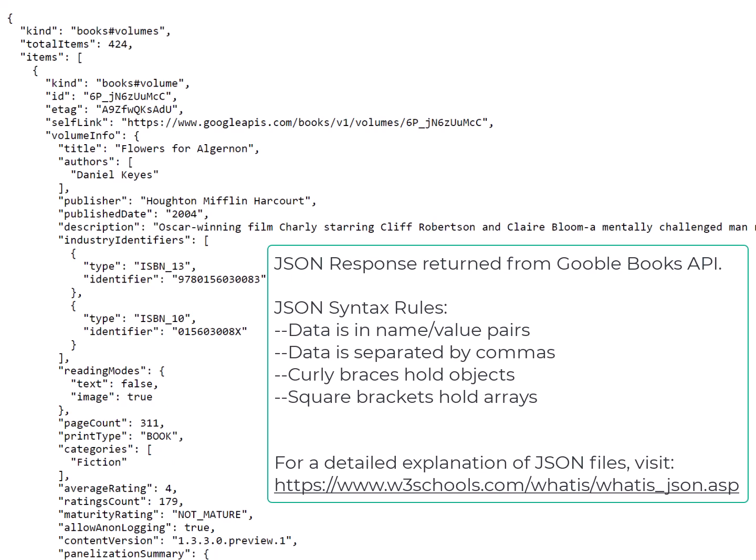This particular response is not well formed, as I understand the requirements of JSON. I'm by no means an expert, but there are things about it that don't quite work the way I think they're supposed to work in JSON. These are standard: the kind, which is where we got it from, and the total items, 424 items were retrieved